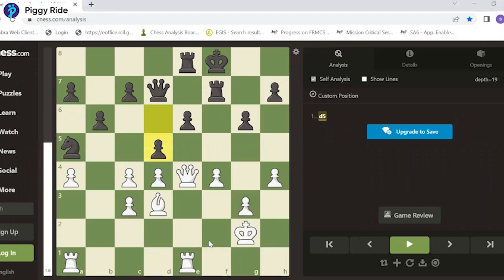Now Capablanca comes up with a very nice plan. He captures on d5, black recaptures on d5. Now white needs to do something about the attack on his queen, and he has two choices, two courses of action. He can retreat the queen or he can capture the rook and consequently exchange one set of rooks and the queens.